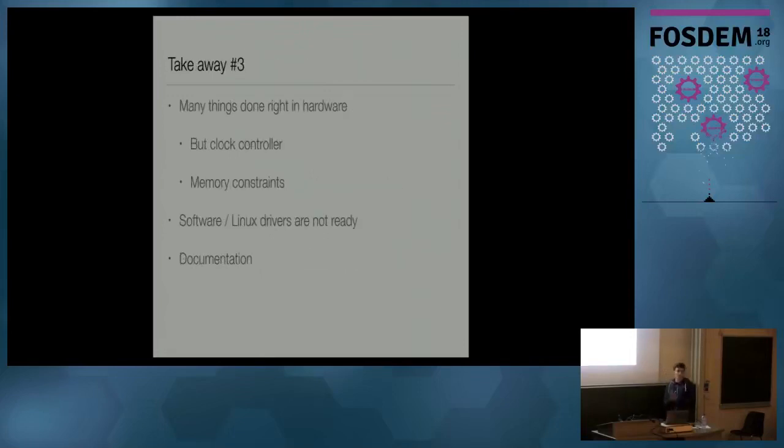So what's the takeaway from this story? From the first look, it looked like there were many things done right in the hardware. They have probably thought about how the GPU can be virtualized, and it was a nice architecture, but then still the clock module was probably developed in another division of the company, so they haven't thought about the same problem. And of course also the memory constraints here. Imagine a use case with 3 VMs: it's even more difficult to get the memory below 4 gigabytes for the virtual machines.